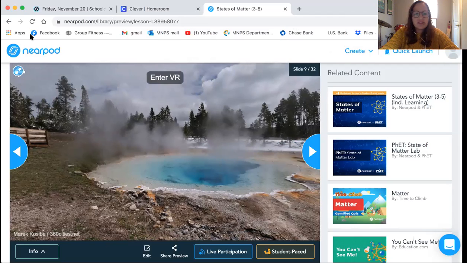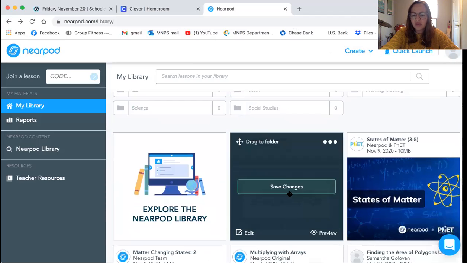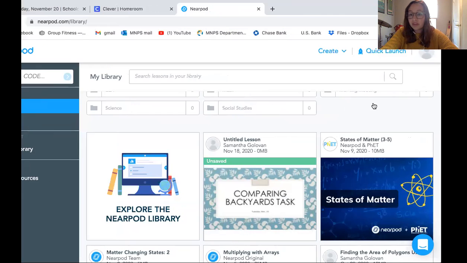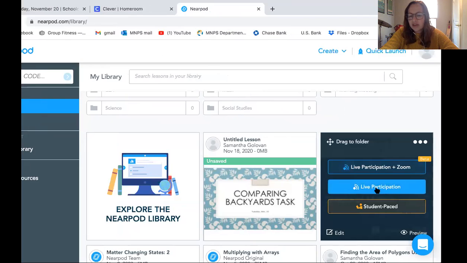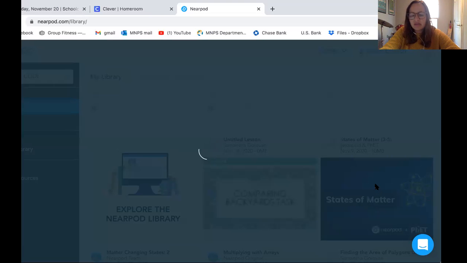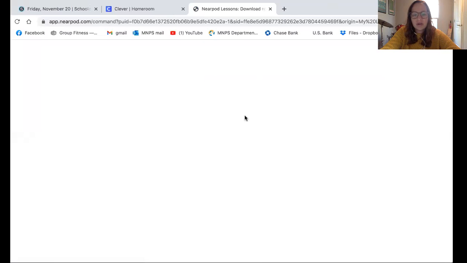So once you have a Nearpod loaded into your page, if I wanted to put this onto Schoology, you can choose from a couple different options. Live participation means that you control it on your end, so the kids can't go to the next slide until you do it. Or student paced, which I've done for asynchronous work, is they can control it themselves. So if I do live participation, I click that, it gives me a code,